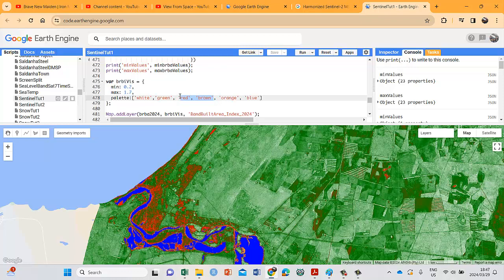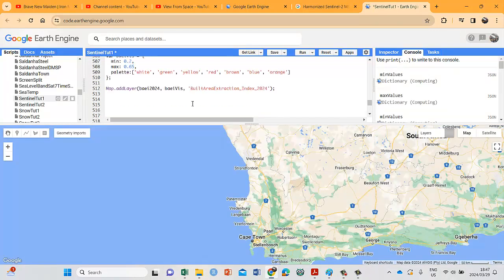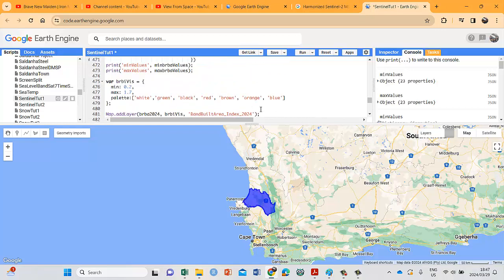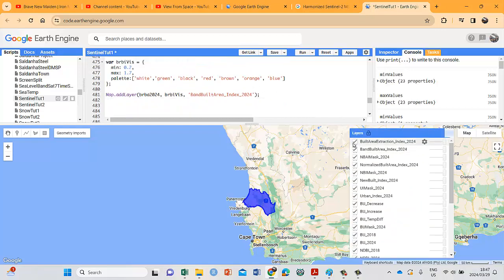So if we bring another color in here, let's say we bring another color in there. So let's say white, green. We've got blue, we've got orange, we've got brown, we've got red. We say black. Just want it to stand out. Let's see what that holds for us. I don't think it's going to improve it,